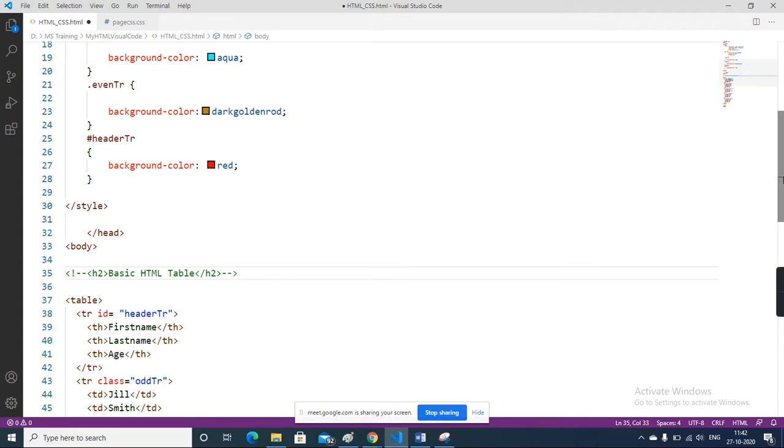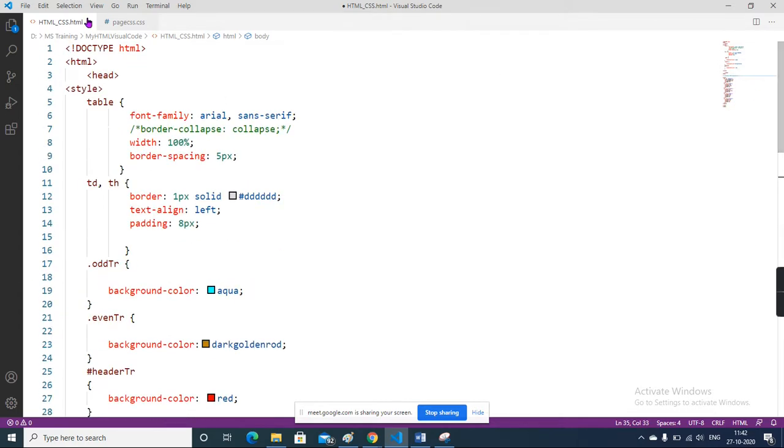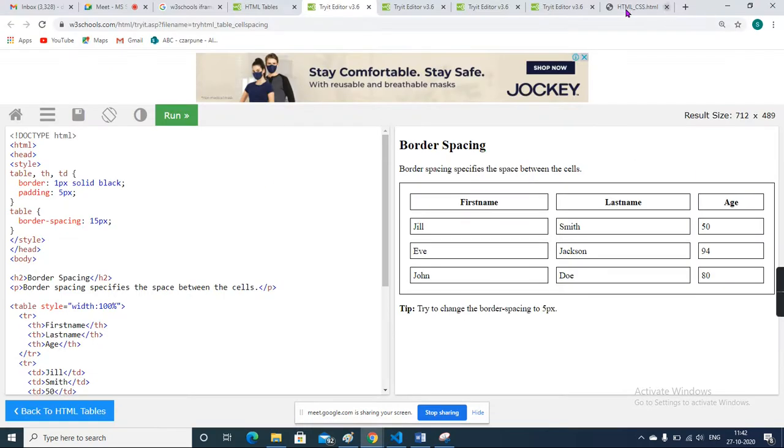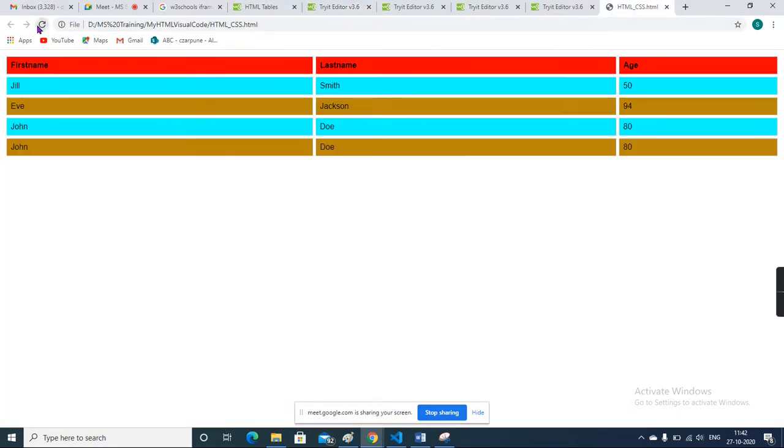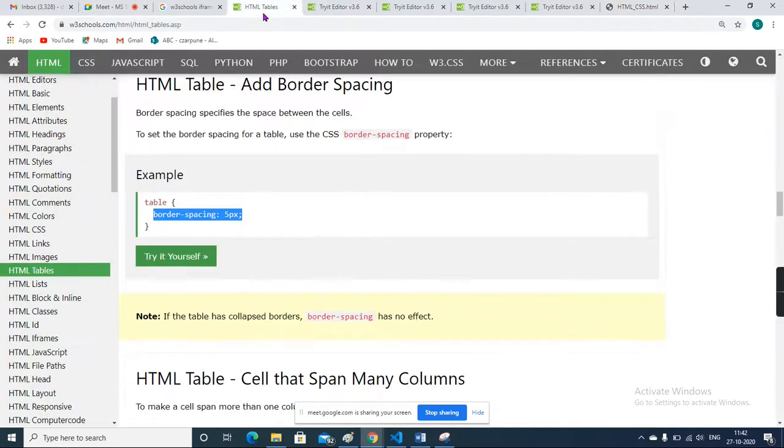Okay, this is the comment. Again I save this, come here and refresh it. You can see the space between the cells. Like this way we can apply the spacing.